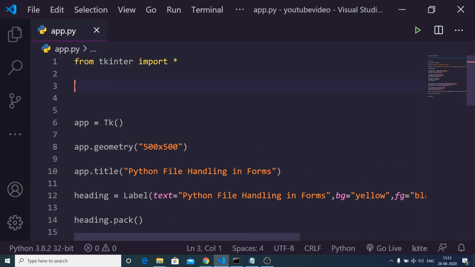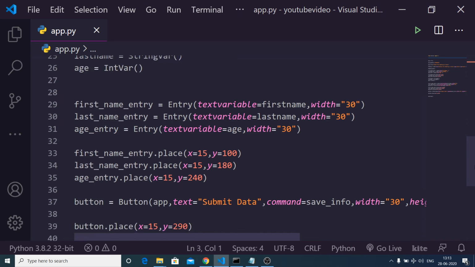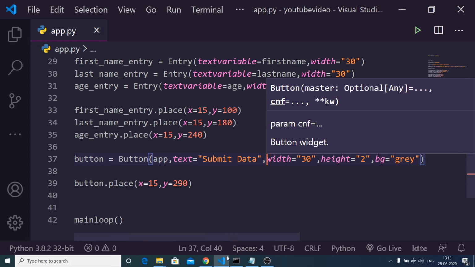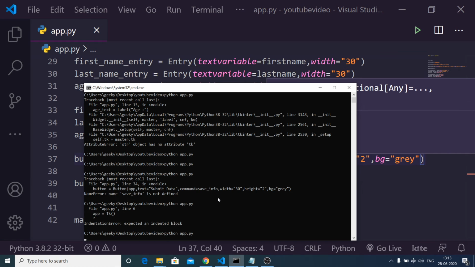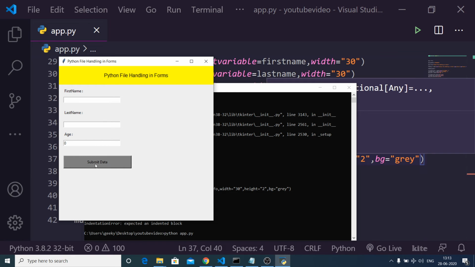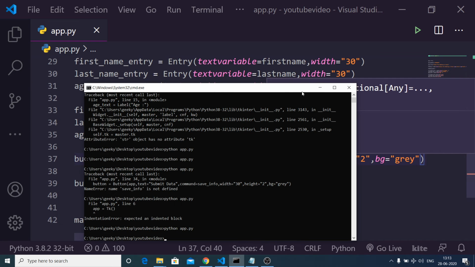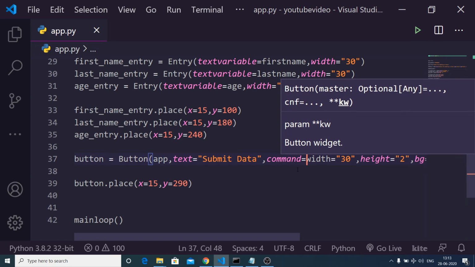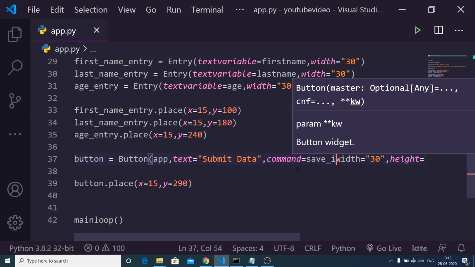So let me just remove this attribute from here, put a comma, and let me show you the button first of all. So this is a button, Submit Data, and now we need to attach the command, which is save_info.